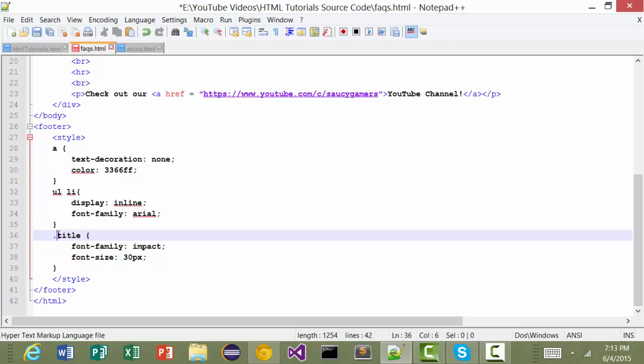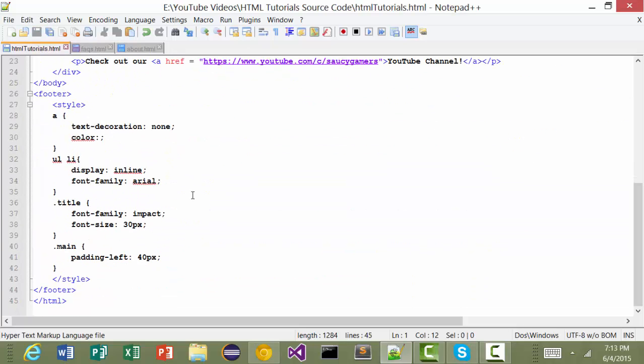The font-family tells that it is Impact, which I think is a pretty cool font. And the font-size is 30 pixels. So the font-size just means how big the font is. So then if we grab this main code that I made,